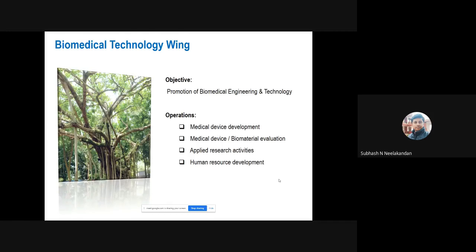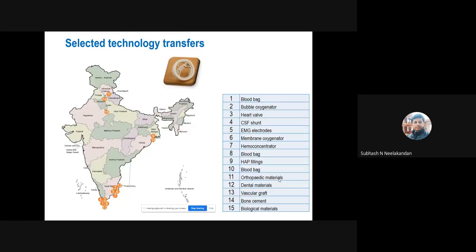So coming to the main objective of the session, the institute has been associated with developing devices based on different design protocols and processes, and was able to successfully transfer around 16 technologies till 2018. These are some of the commercialized technologies till 2018 across different parts of the country. I will share some of the design protocols which we have used in some of the old commercially transferred and successful products with a decent lifespan.